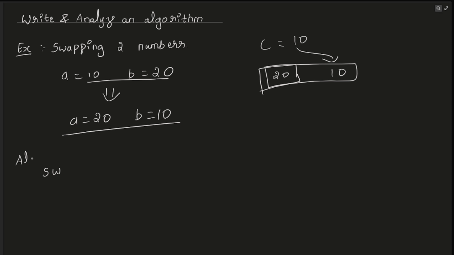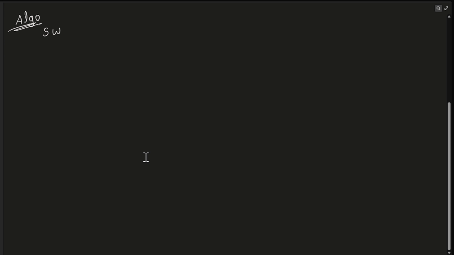This is the algorithm. Swap of A comma B. And whenever we start an algorithm, we will start with the begin keyword. And this is kind of a function. And inside swap of A comma B, we will be having a temp variable